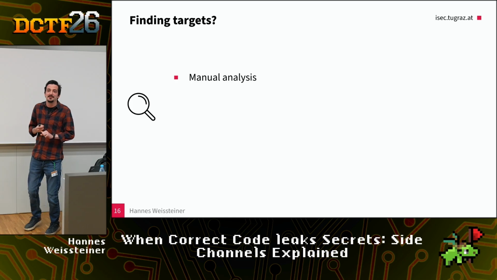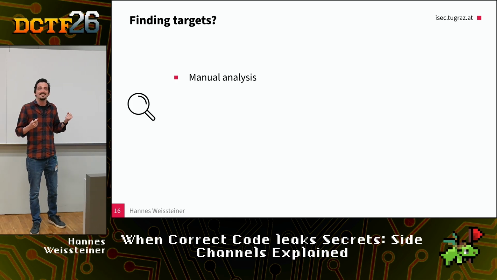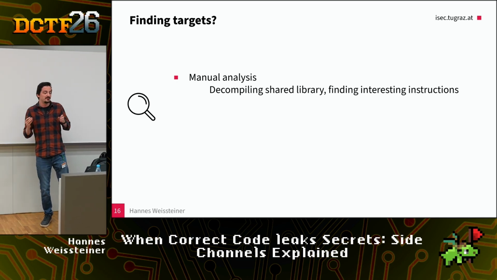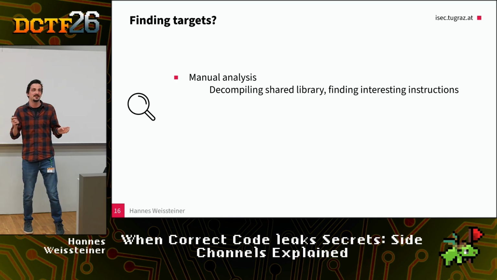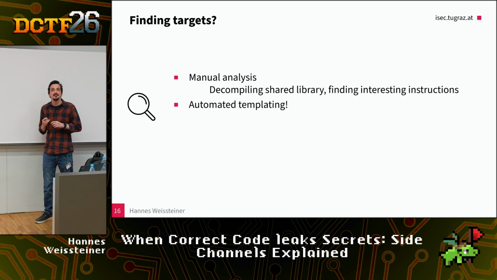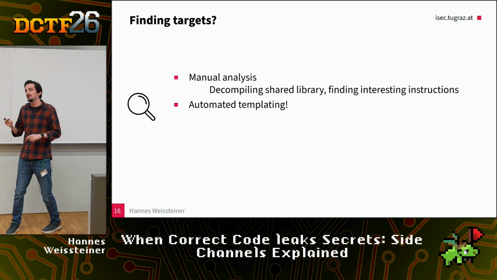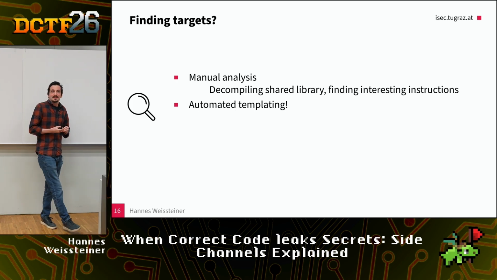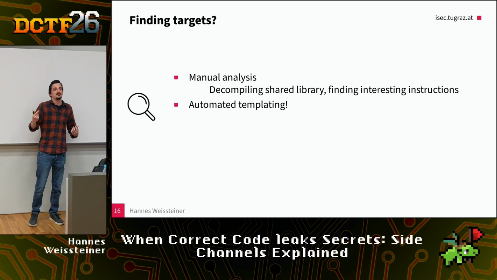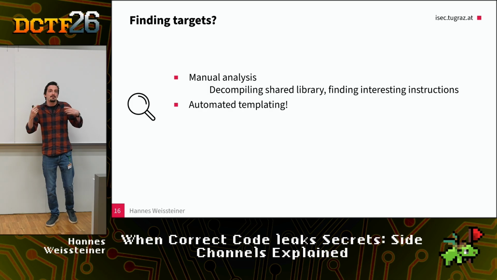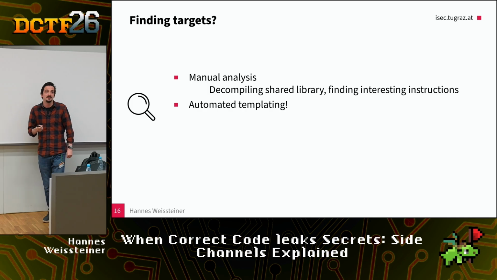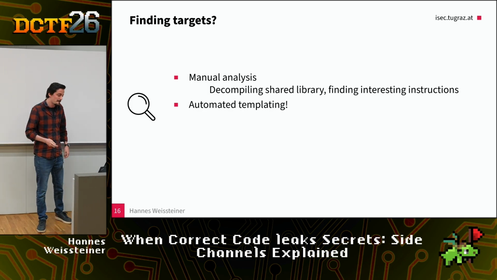So what can we do with this? We can, of course, now find addresses that leak something. We can decompile a shared library. We can find interesting instructions where it accesses something based on some condition. It has also been shown that we can just do automatic templating. Has any one of you ever used Cheat Engine? There you essentially scan the memory, you take damage or whatever to change the value that you are looking for, scan again, until you are narrowed down to something that is kind of the right address for cheating your health values.